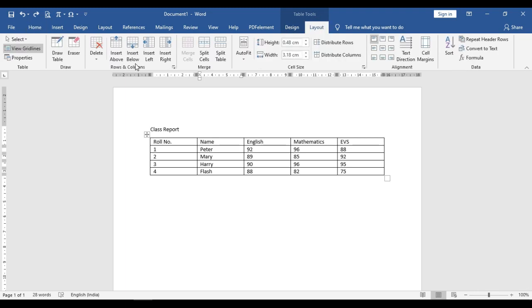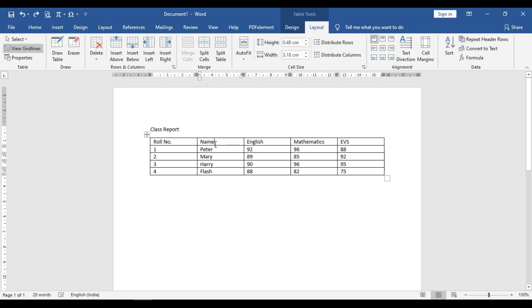From here you can see the rows and columns option within the ribbon. As we are going to insert a column, we will select either of these two, insert left or insert right. If you click insert left, then a new column will be inserted just before the cell.